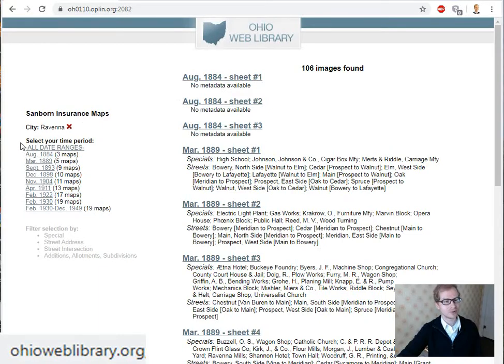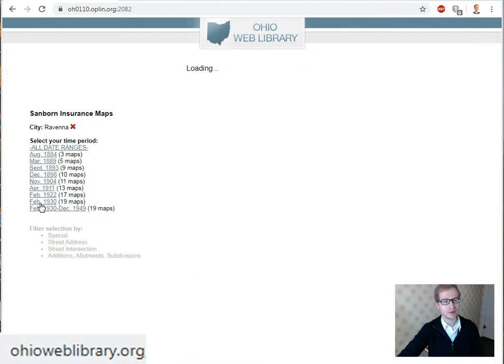So it shows the different date ranges over here on the left, and you can see for Ravenna it has between the years 1884 and 1949. So that's a pretty wide range if you're doing research. And so just a random year, I'll pick 1930, and you'll see for that year there's actually 19 separate maps. So you have to know which section of the town you're looking at. So I'm going to click on February 1930,